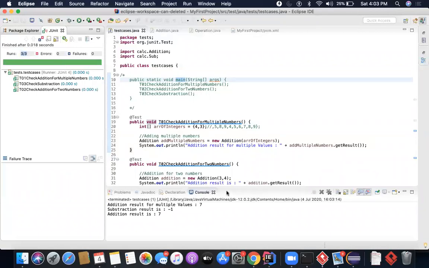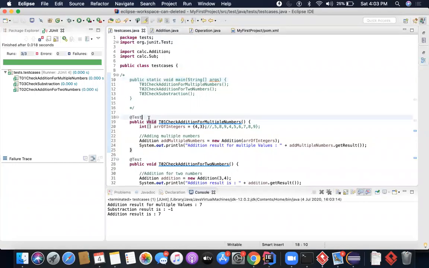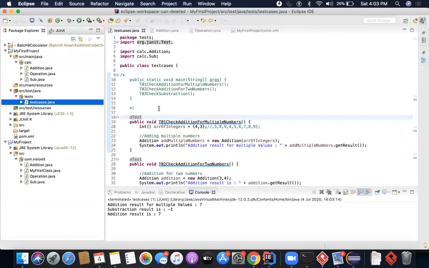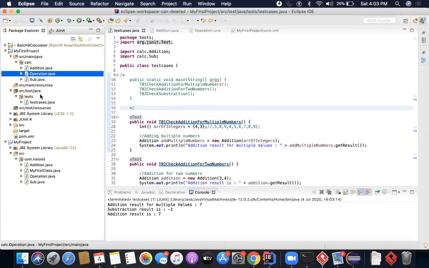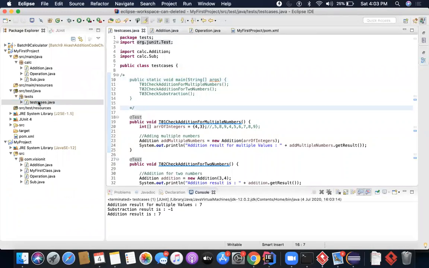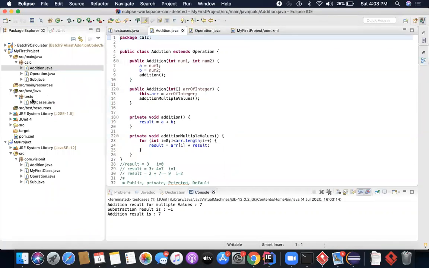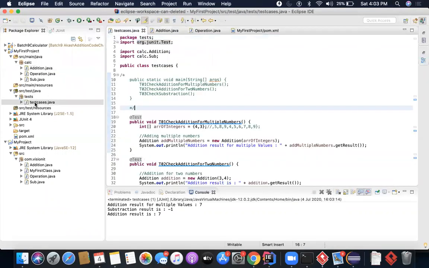So it comes with a lot of other functionalities as well, which we are going to talk about in later days. But first, we are going to focus on the JUnit side of things. We are going to enhance this, and we are going to keep on adding our test cases here. This is going to be our activity in the coming days. For at least 1 or 2 weeks, we are going to learn a lot of Java code by writing development code, and simultaneously we'll also write the test cases. So we'll do both activities simultaneously.